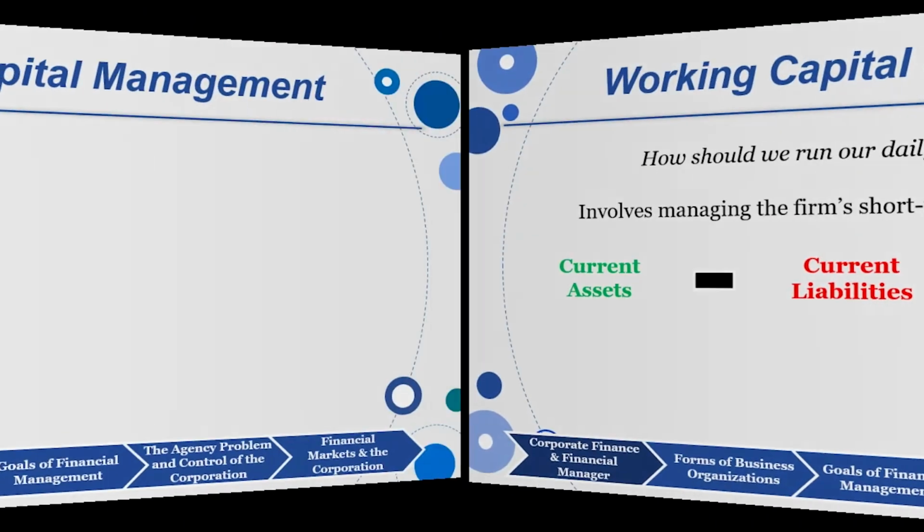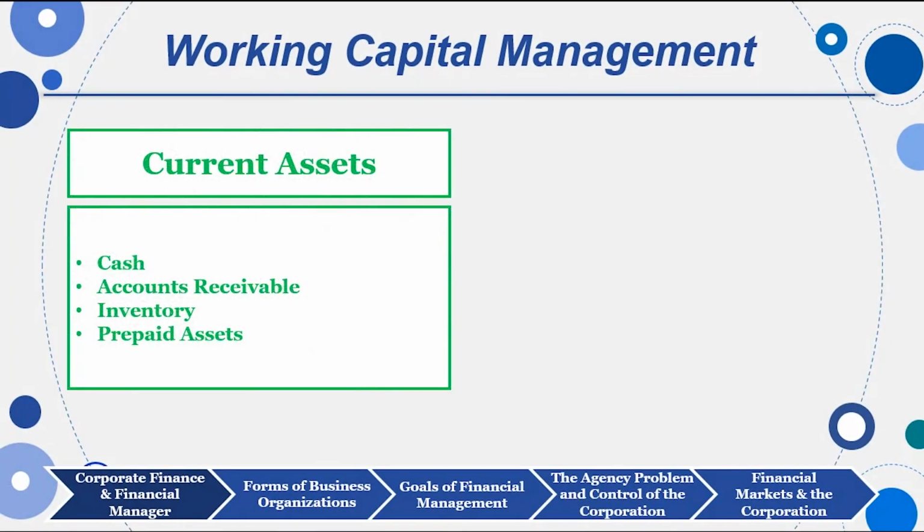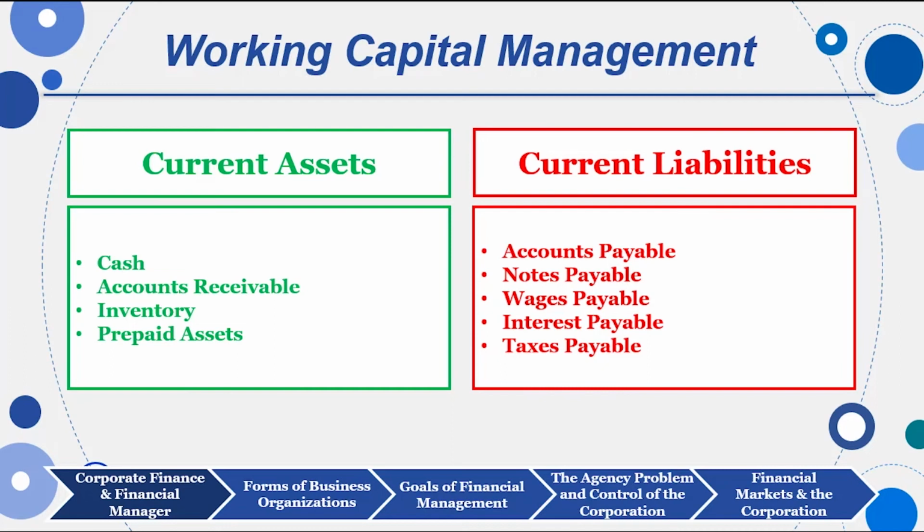These items are all three found on the balance sheet. The items on the balance sheet are listed in order of decreasing liquidity. So the most liquid things are at the top and the less liquid things are further down the balance sheet. So under current assets, we have cash as the most liquid of all current assets, accounts receivable, which are a little bit more difficult to turn into cash, inventory, and prepaid assets. Prepaid asset example might be a subscription. Let's say you own a doctor's office and you have a subscription to Sports Illustrated, and it's only June, so you have half a year left on your subscription. That's a prepaid asset. You paid for the whole thing at the end of last year, and you have a whole year paid in advance.